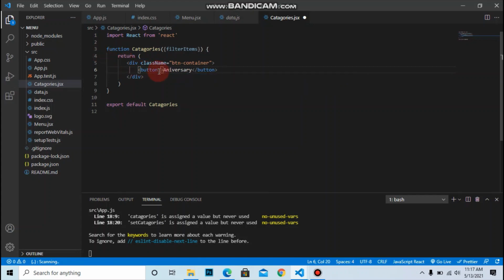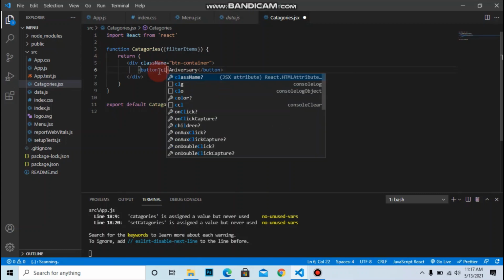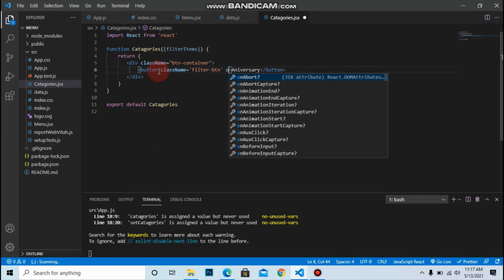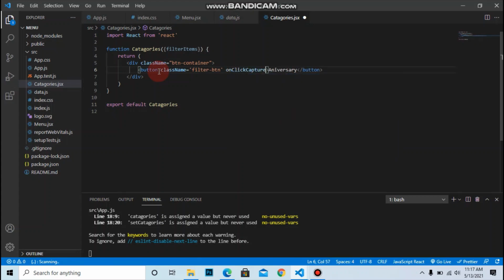Inside the button, we add the class name, that is filter button, and we pass the onClick function. onClick equals an arrow function that accepts the filter item as a category.